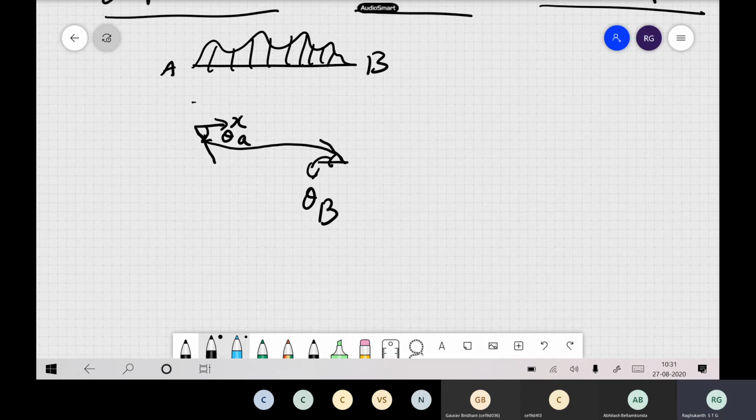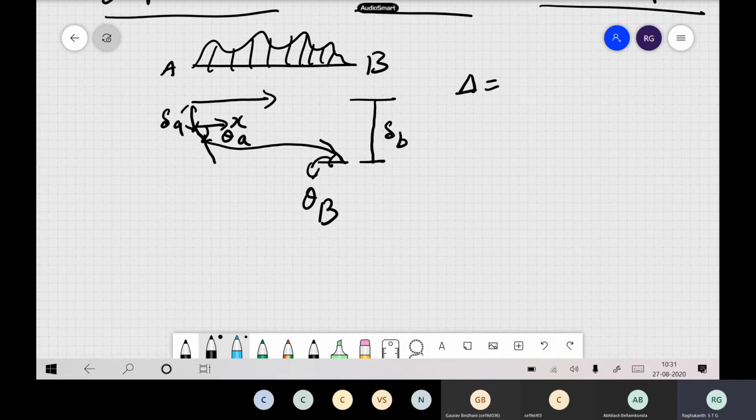Now let us say this is your original coordinate system. This support has moved by some delta A, and this end has moved by delta B. Sometimes we write in terms of delta A, delta B, or, because it's anyway rigid body motion, you can also write in terms of delta B minus delta A. Now this is your A and this is your B, both the sides, and let us say the internal moments here we denote like this.